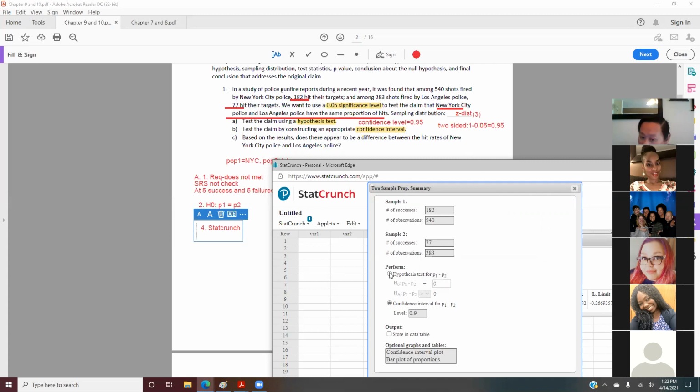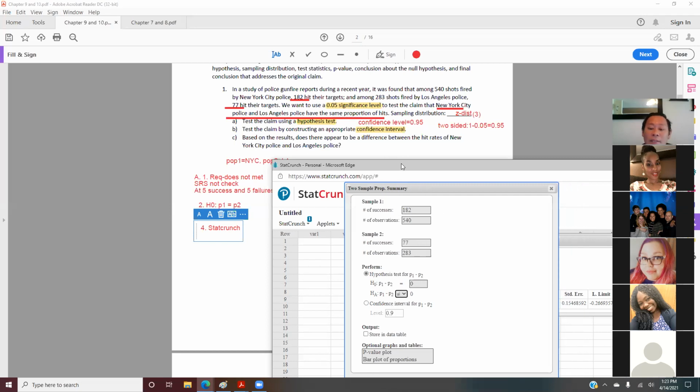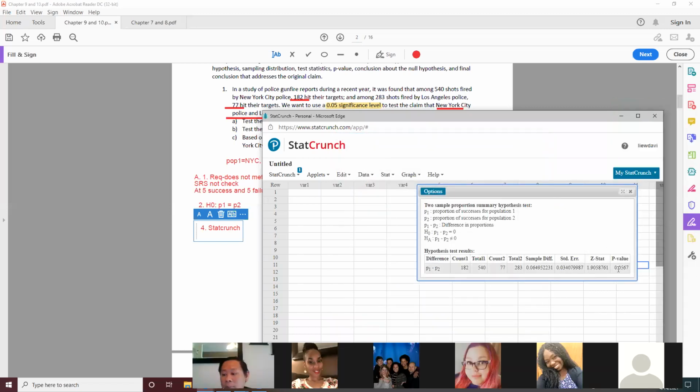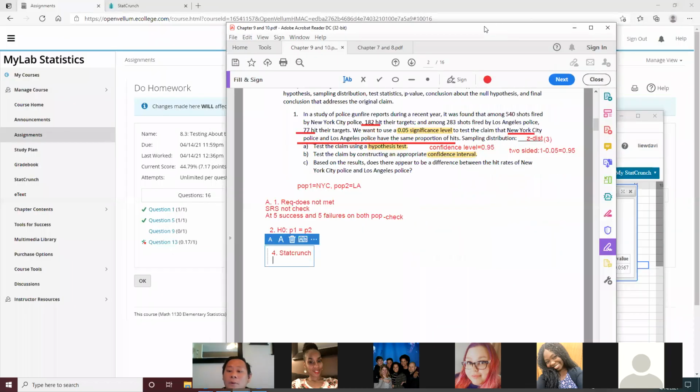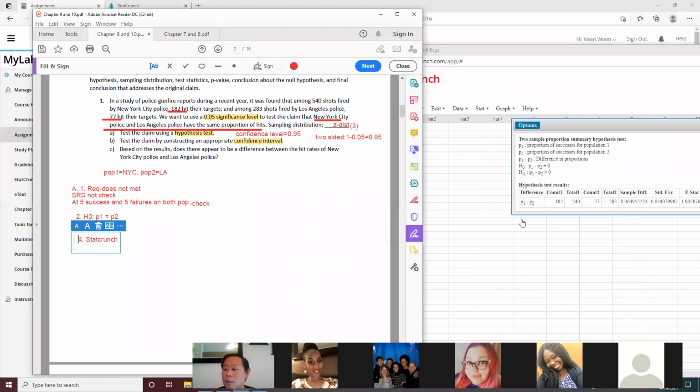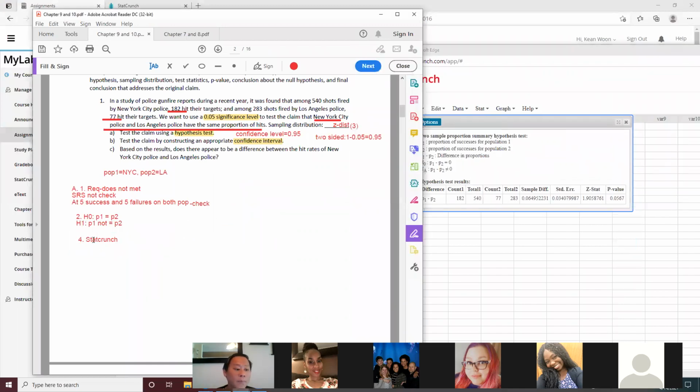You want to do a hypothesis test, and you're doing equal and not equal. It's always 0 here. We always do 0 here because we move the P2 over, so it's always 0. So this is the hypothesis testing that we're doing. And your test statistic is this, and your p-value is that. So your test statistic is